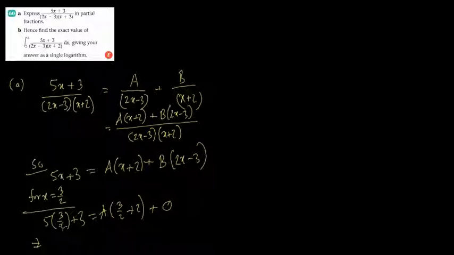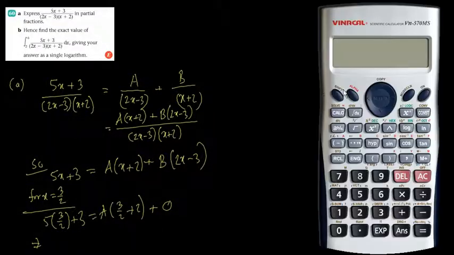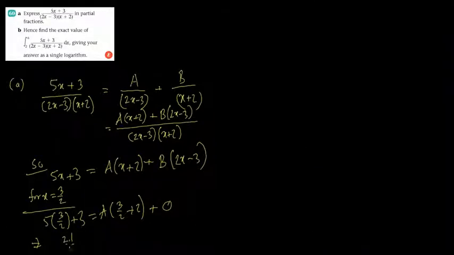So 5 times 3 is 15, 15 by 2 plus 3 would be 21 by 2, so this is 21 by 2 equals, now 3 by 2 plus 2 is going to be 7 by 2, times a. That means therefore a equals 3. This 2 and 2 cancel and 21 divided by 7 is 3. Next we have to find